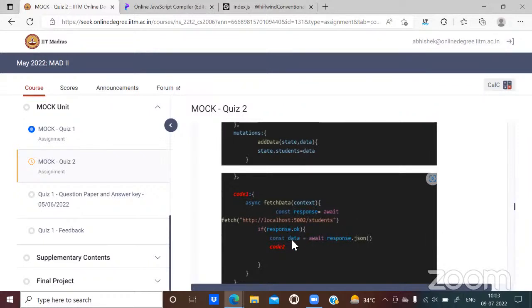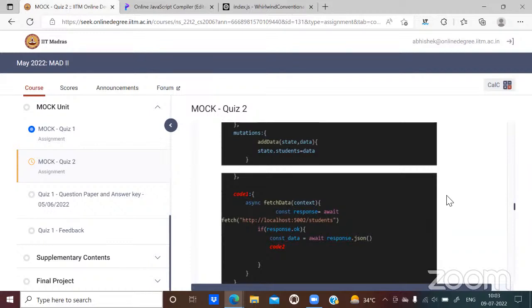That parameter to be passed here is data. So how do you invoke this mutation passing this variable? State.addData. Sorry? Committing the mutation function.